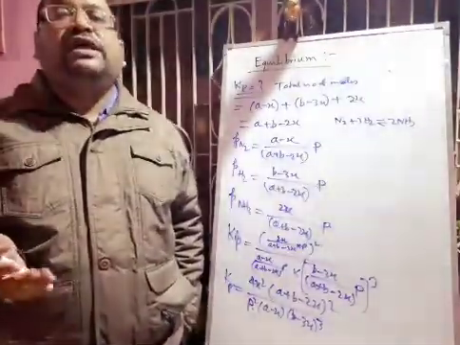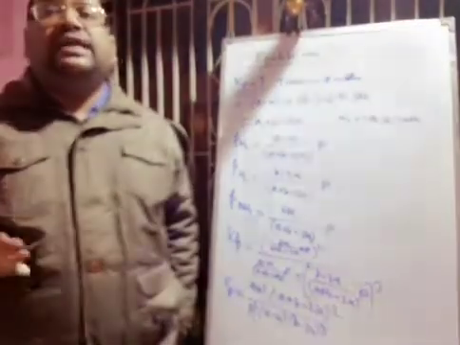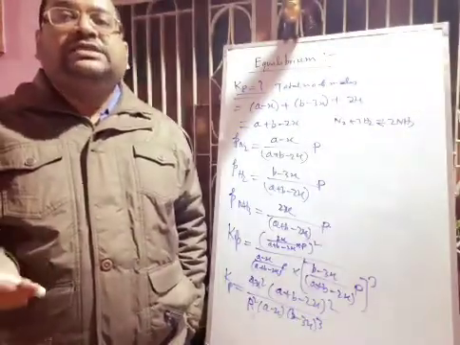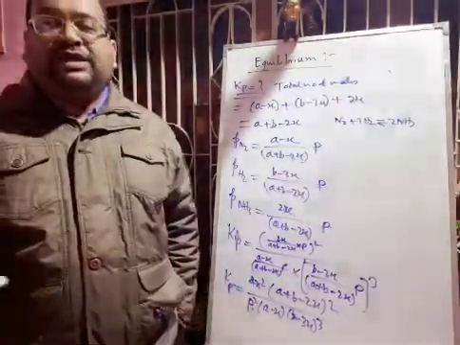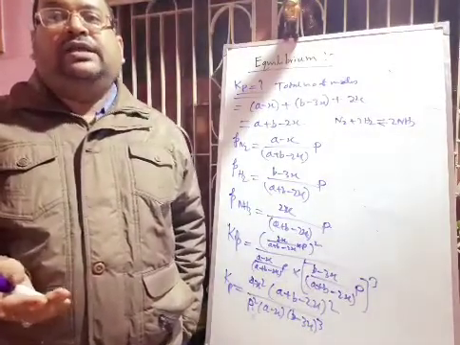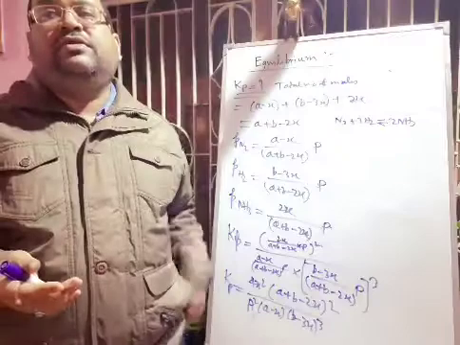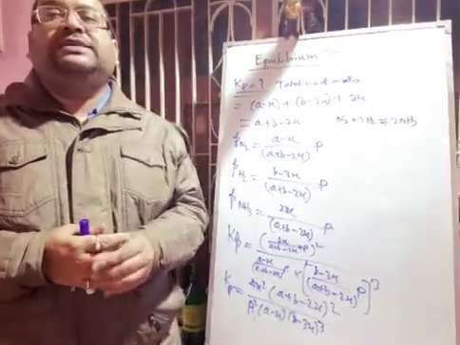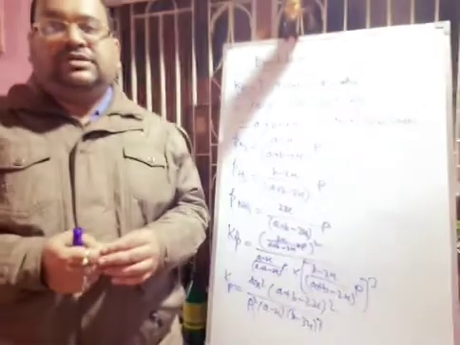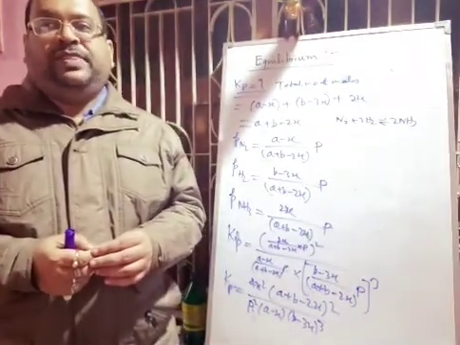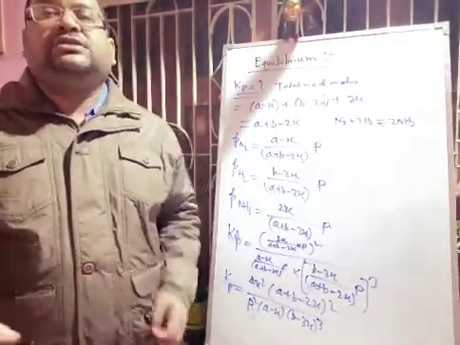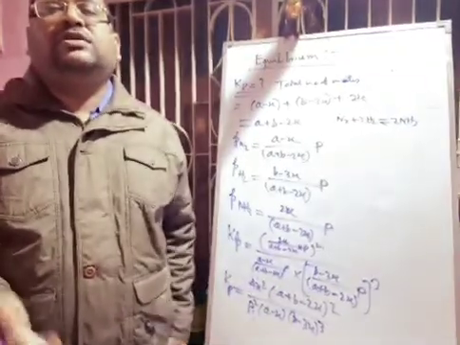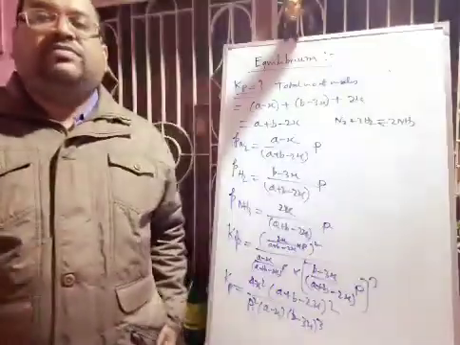An increase in the concentration of nitrogen and hydrogen will increase the value of A and B in the denominator of the expression of Kc. Therefore, in order to maintain the constant value of Kc, x should increase. Hence an increase in the concentration of nitrogen and hydrogen, that means reactants, will favor the formation of ammonia gas.